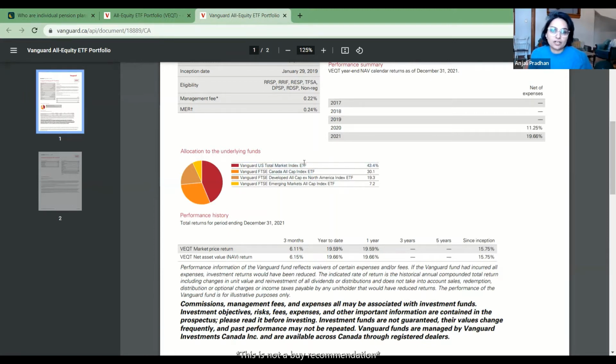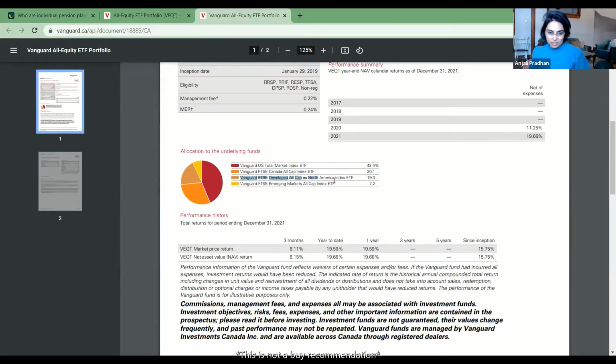And so Vanguard US Total Market ETF. The first biggest holding is a US stock ETF. So 43% is in this US stock ETF. The second biggest is in a Canada all cap. Okay, so these are all words that I like hearing. Total market means it looks at the whole market. It's not picking and choosing different sectors. It just takes the whole thing, which is exactly our methodology here. Canada all cap, again, same thing, all cap, all capitalizations. Capitalizations means size of the company. So small, medium, large cap, it has everything.